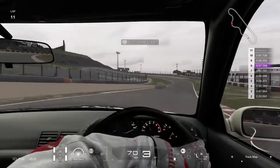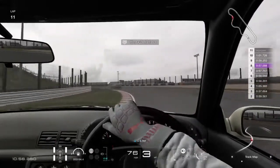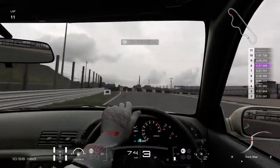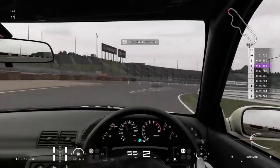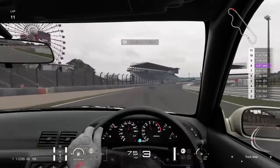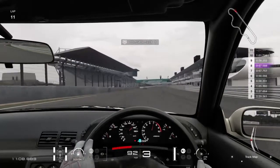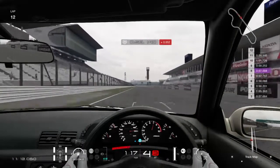Although this extra camber does make it easier to handle mistakes. It does make that opposite lockery easier. Let's give it one more lap. I know I haven't done 11 in any of the other setups, but